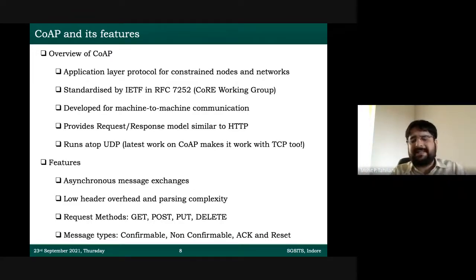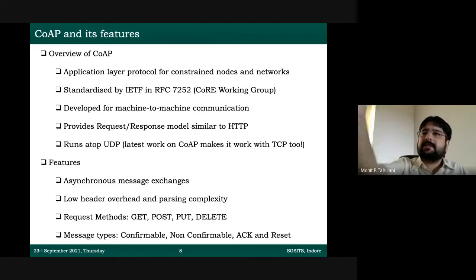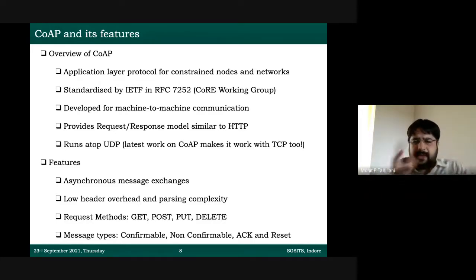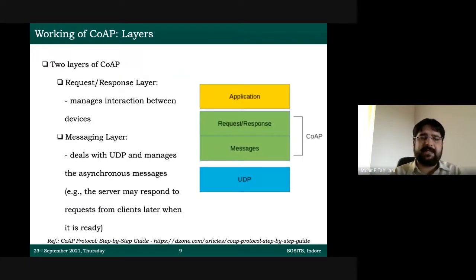And the other 2 messages are straightforward. ACK is acknowledgement, which is given by the server whenever it receives the message from the client and the client has requested that acknowledgement. Because if I as a client say this is a confirmable message, then you have to reply with an acknowledgement as a server. And reset means if anything goes wrong between the client and server connection, either party can invoke reset. It means something is wrong, let's reset our communication. So that's the whole thing, and these are the only 4 message types that are there in CoAP.